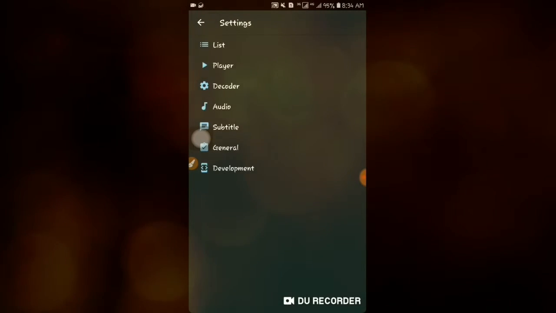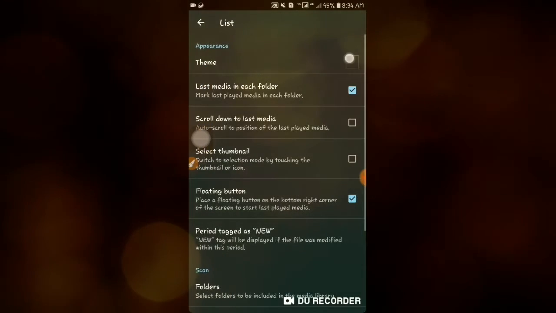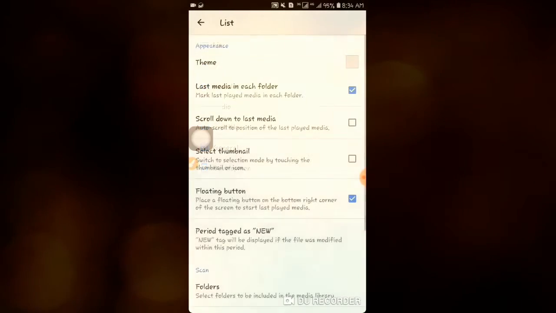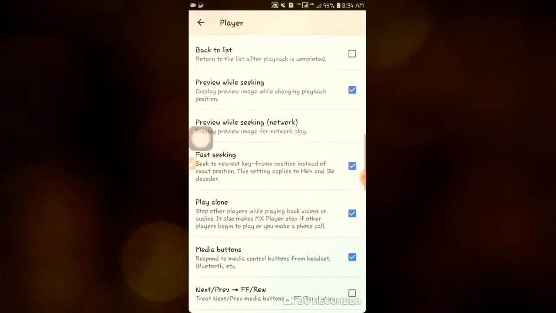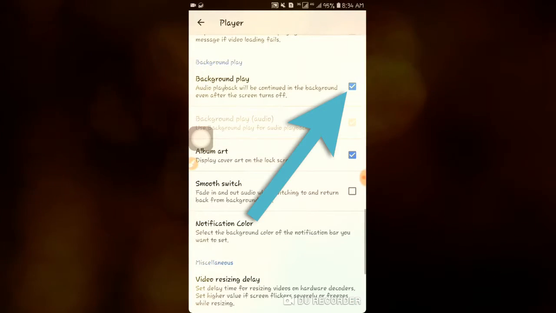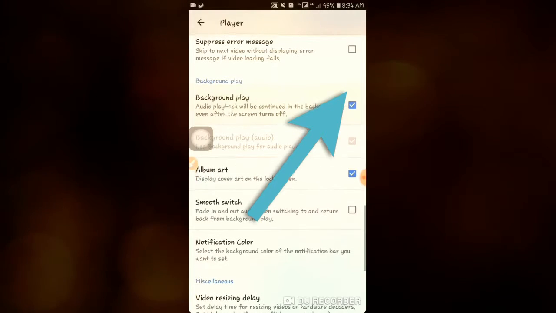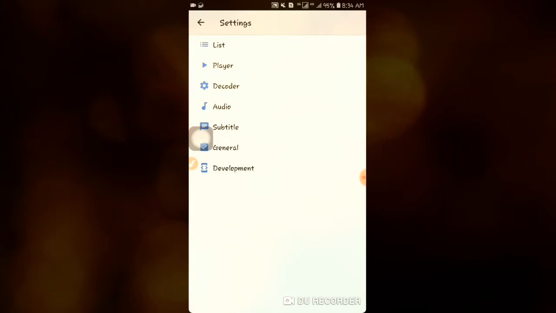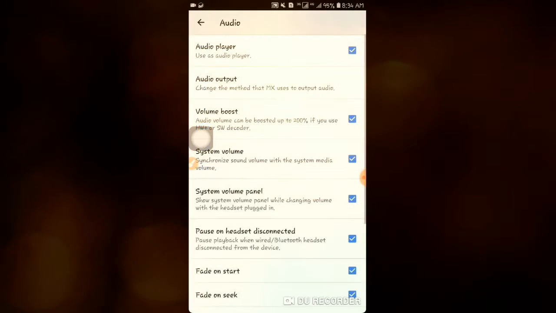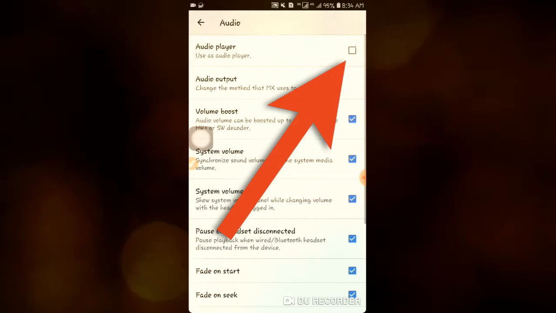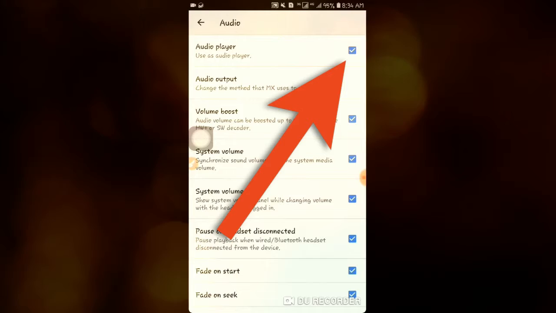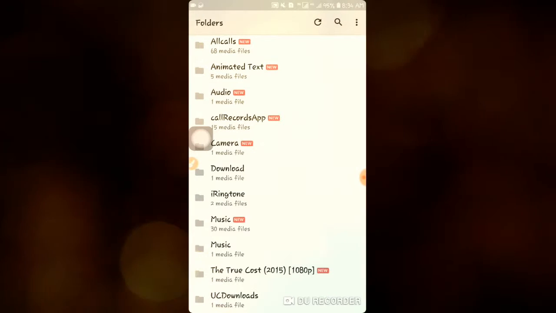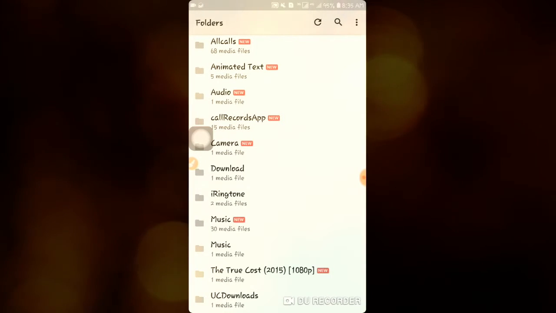So the second thing about that is that you can, let me change the theme a little bit so that I can see better. Okay, so the next feature is that you can play any video in the background by enabling this option right here called background play, and also enable this one option right here. It's already enabled, you don't need to enable that. And to use this app as an audio player, if this option is not enabled, you need to enable this option. And so basically you can play any video file or audio file in the background,